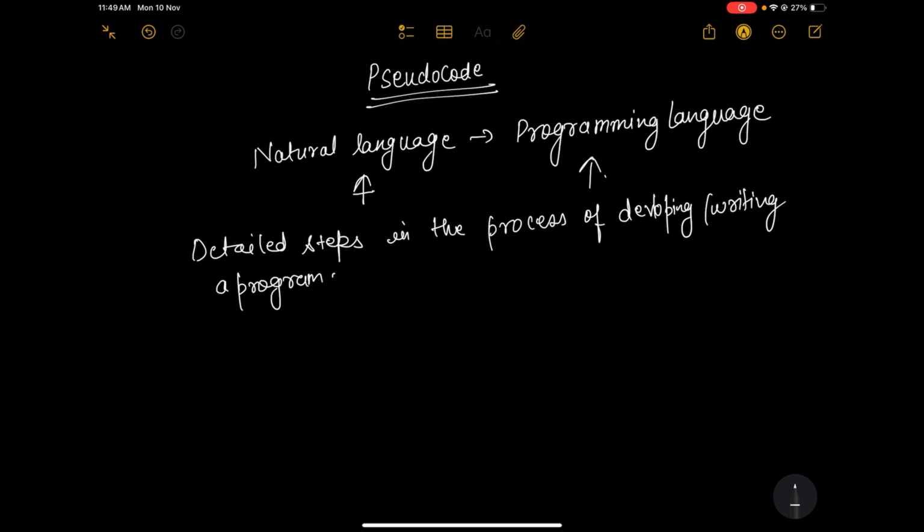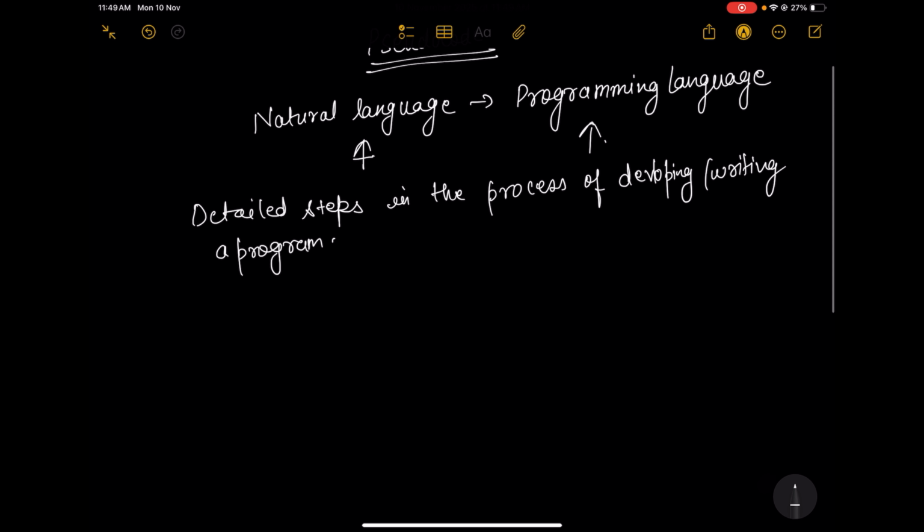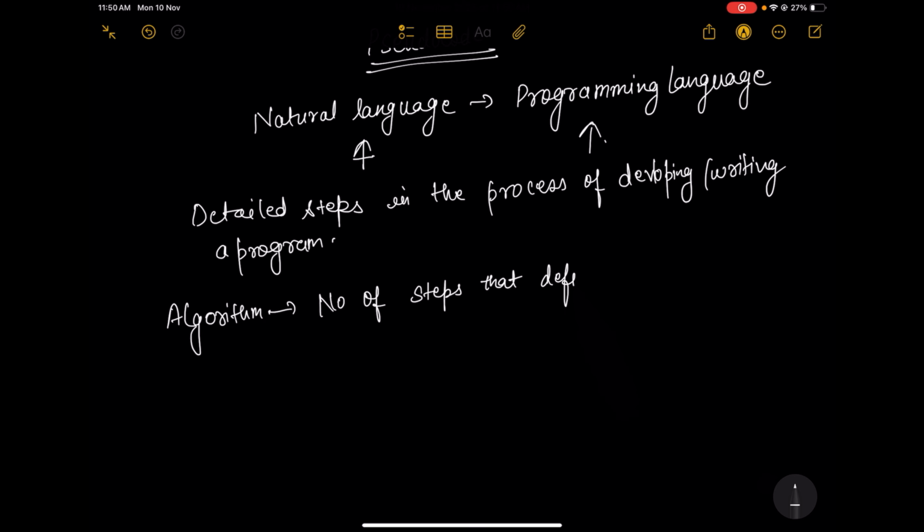And let's go on to something different, which is algorithm. So an algorithm is nothing but a mathematical process to solve a problem using some steps. Let's write it first. So an algorithm is nothing but the number of steps that defines not just how to do things,